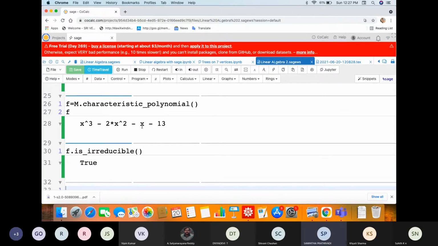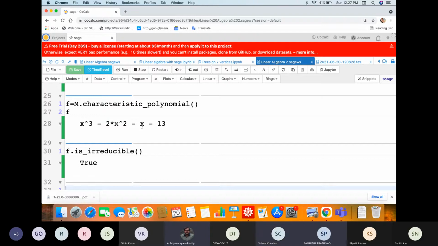suppose we assume it to be reducible in the reals, then it is going to have some irrational root. No, surely it has a real root, right? Yes, sir. Is it going to be irrational? It has to be rational only, because if it is irrational, it must have two irrational roots, since irrationals come in pairs. Okay, so then you are saying it has only one complex root. That is also not possible. So that means all roots are real for this polynomial.